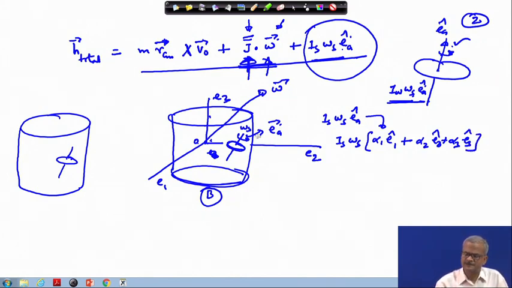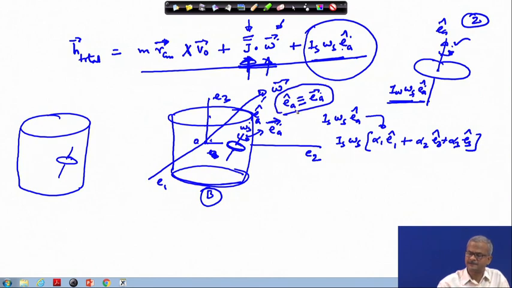This unit vector can be written in terms of E 1, E 2, E 3. The a vector has some arbitrary direction, here in this direction. So, it is arbitrary, and therefore this E a cap or E a, either way you write it, indicates the same thing. It is the same vector, they are identical. So, this way your angular momentum equation gets simplified.